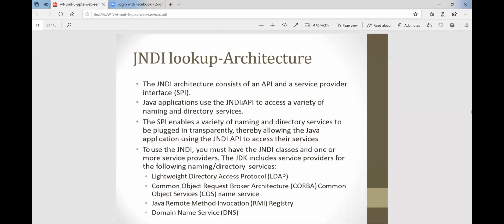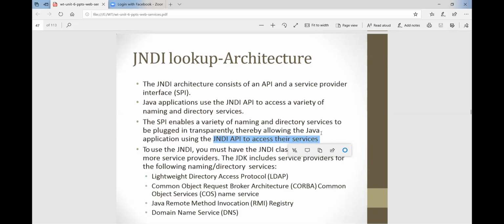Java applications use the JNDI API to access a variety of naming and directory services. Both words are important: naming and directory services. The SPI enables a variety of naming and directory services to be plugged in transparently, thereby allowing the Java application using the JNDI API to access their services.